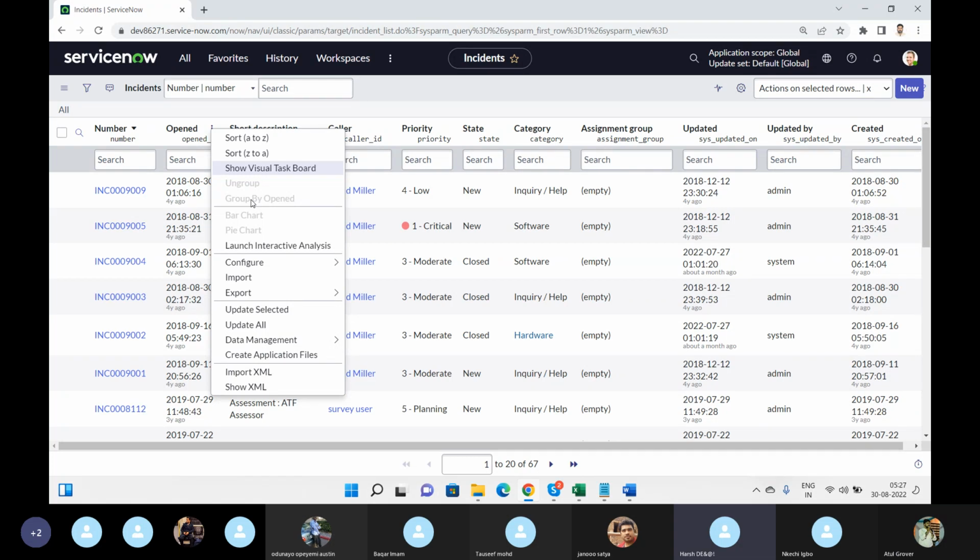Because the data is in the dates, date, time, and seconds. So the prime reason why it doesn't have a group by on the dates is that ServiceNow stores the